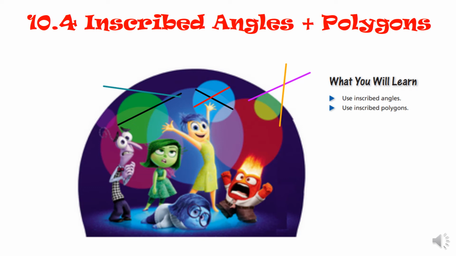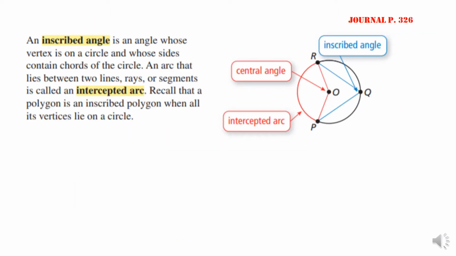Okay, so today we're going to talk about inscribed angles and polygons. This is Unit 10.4 in IM2. Alright, so an inscribed angle is an angle whose vertex is on the circle and whose sides contain chords of the circle. So you can see the blue inscribed angle over here,